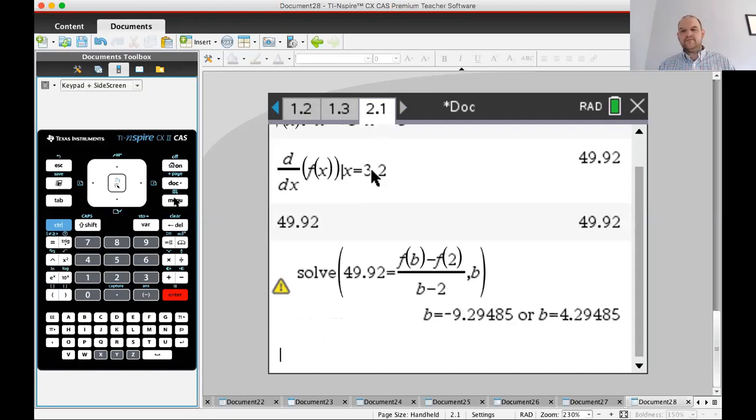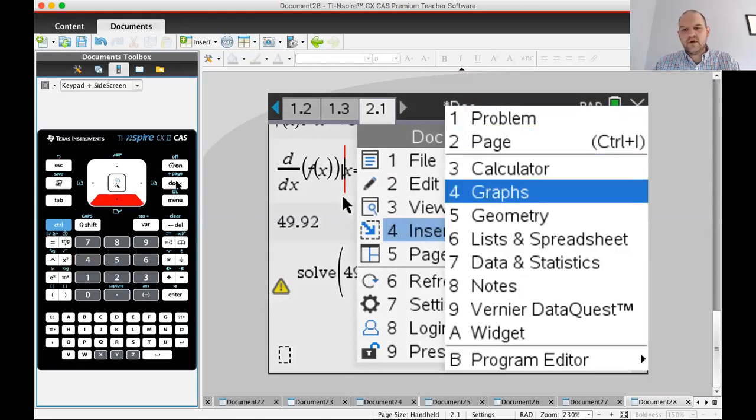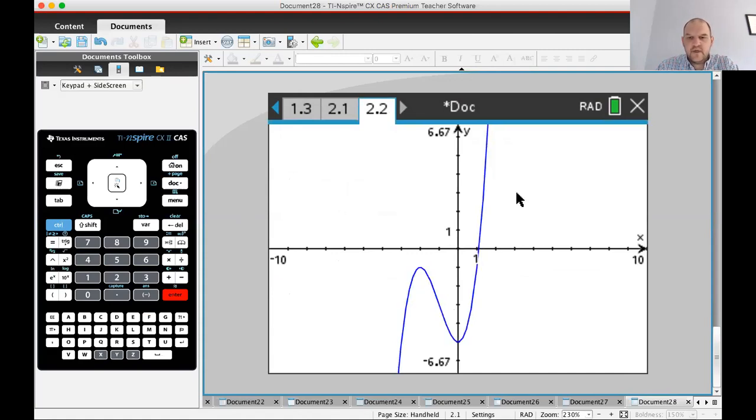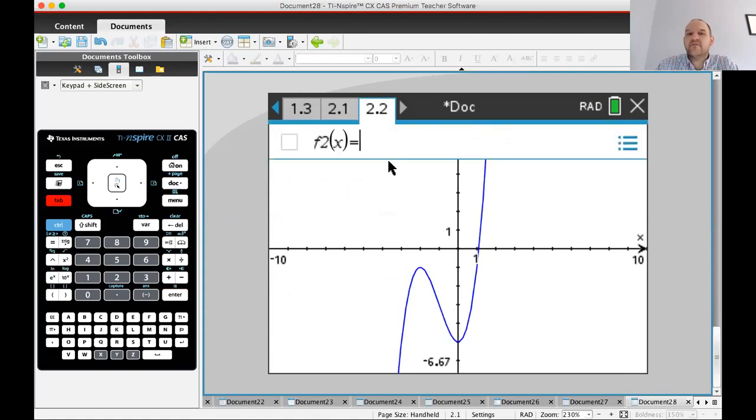Okay, so now the reason I stayed here is that we're supposed to use our calculator to graph this scenario. So I'm going to add a graph page, and I want to graph f of x for sure. And then I need to graph the tangent line at x equals 3.2. I know that the tangent line at x equals 3.2 has a slope of 49.92 because that's f prime of 3.2